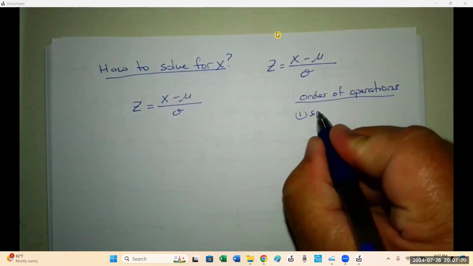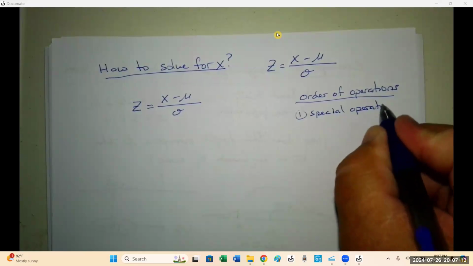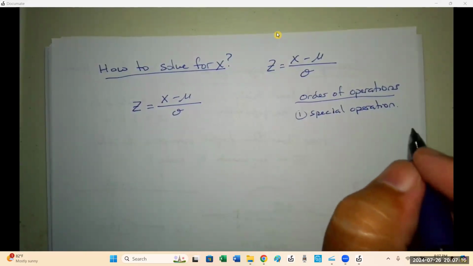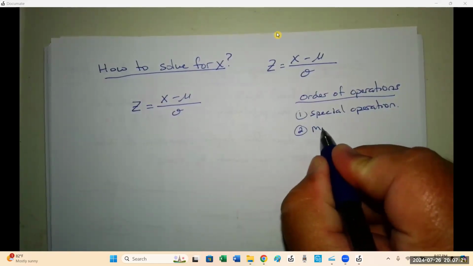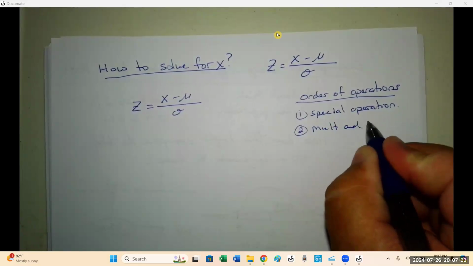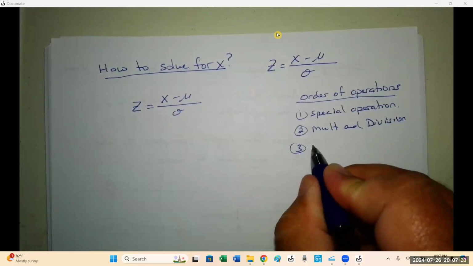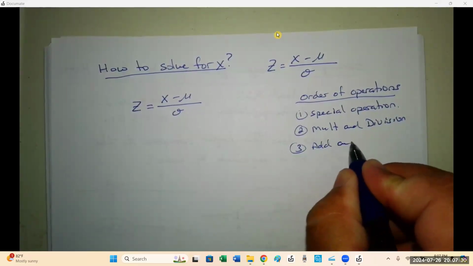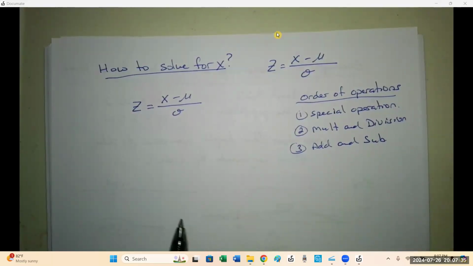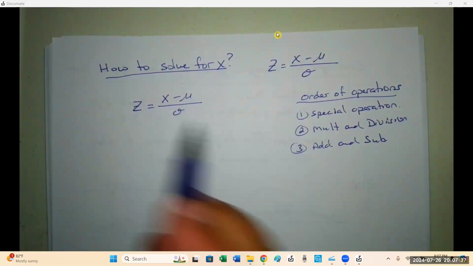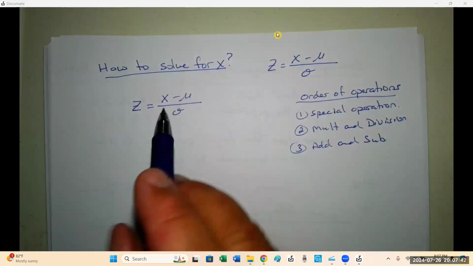Always do special operations first: square roots, absolute values, all sorts of stuff. Then you do multiplication and division. And then lastly, you do addition and subtraction. But there's another rule that helps solve these things, whenever you have fractions and an equal sign,